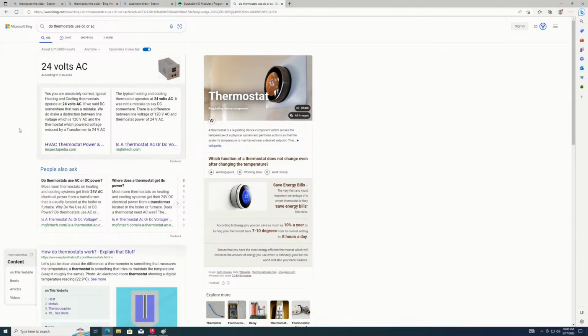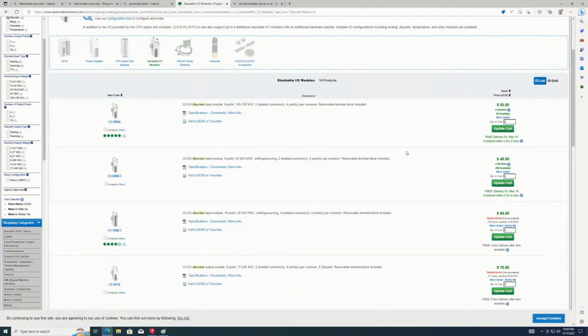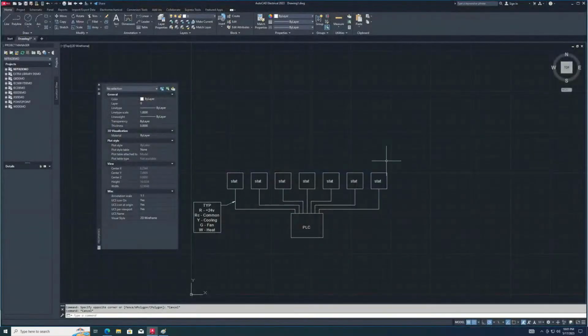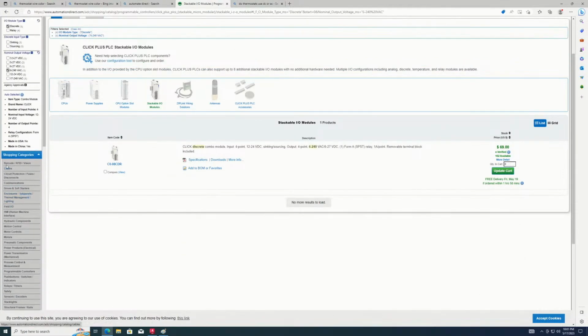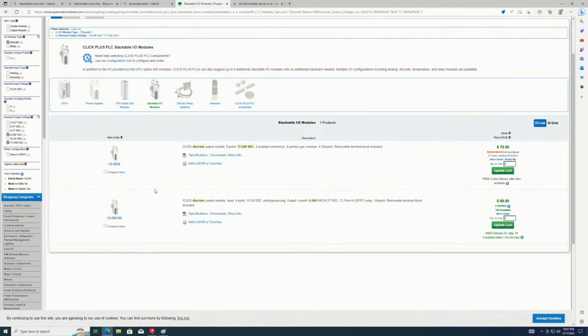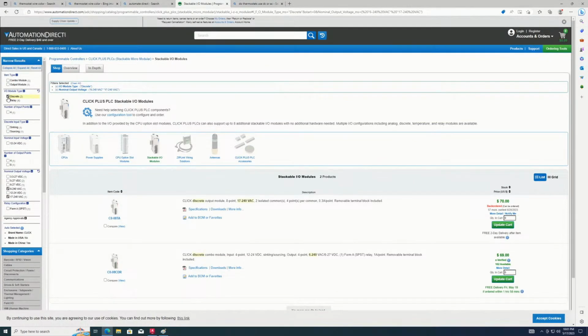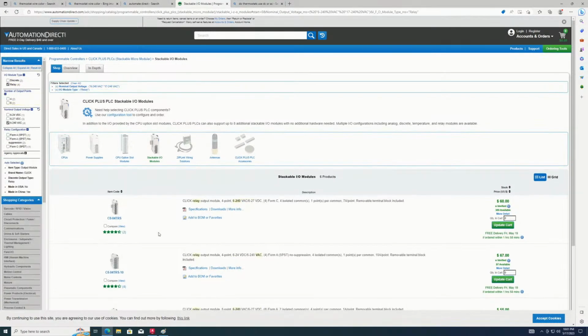So, we're just working on our overall diagram. Now I think, let's look at the, no, we have to look at AC. So we look at BAM, AC, and AC modules. We got two of them. Really? We got two of them? Oh, because we're not using relays. We have to use relays. These,